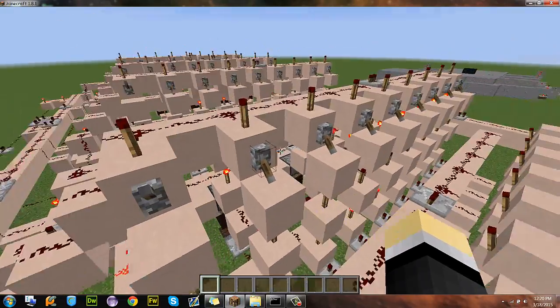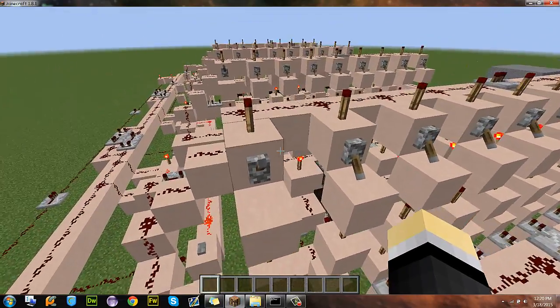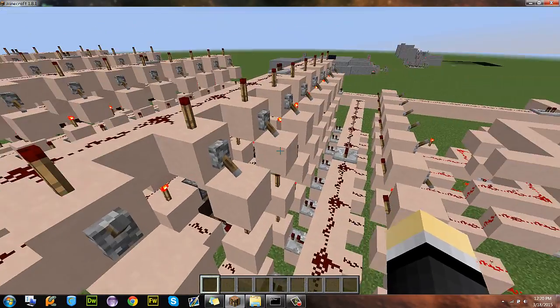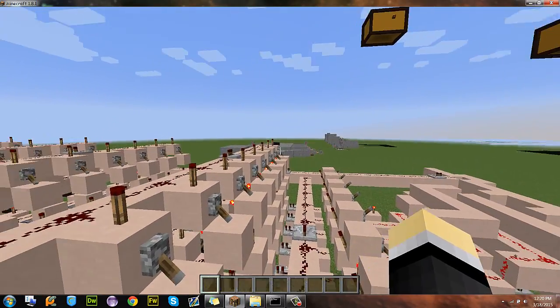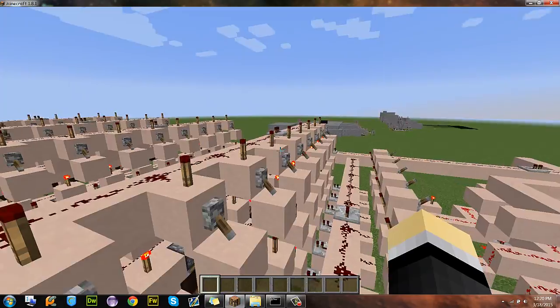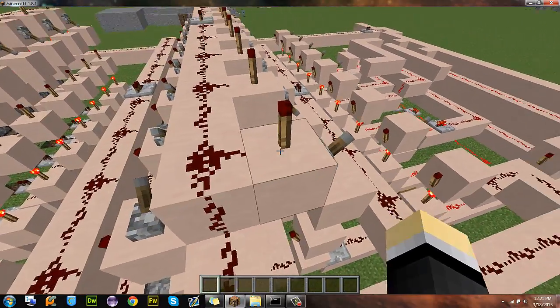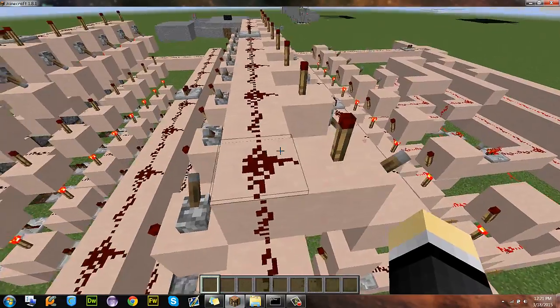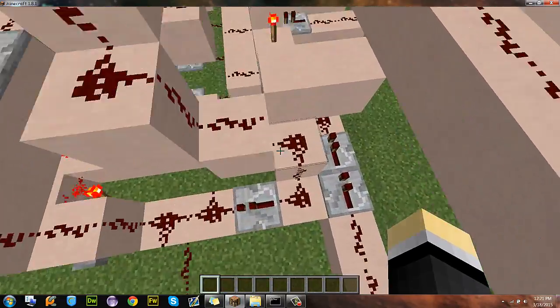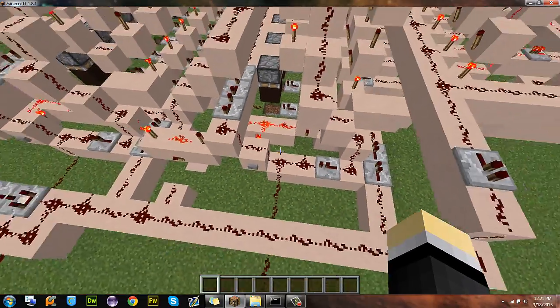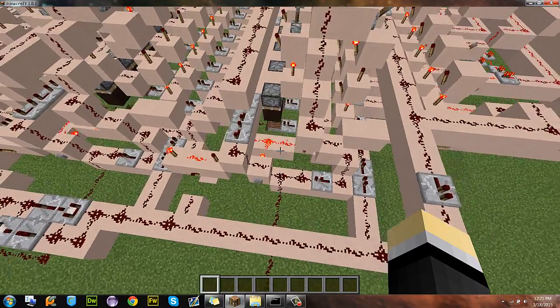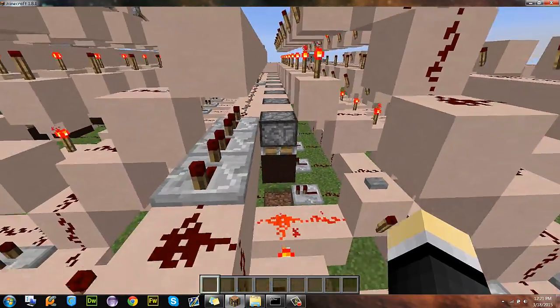Now, we also have levers here, and the one that is correct is off. The ones that are incorrect are on. As you can see, the levers are down, which is on. That means this torch won't turn on. So if the correct password is in, this will turn on, power this, come down here, and flip the RS NOR latch, saying this password is correct, which in turn would turn on the pistons, and then the next code